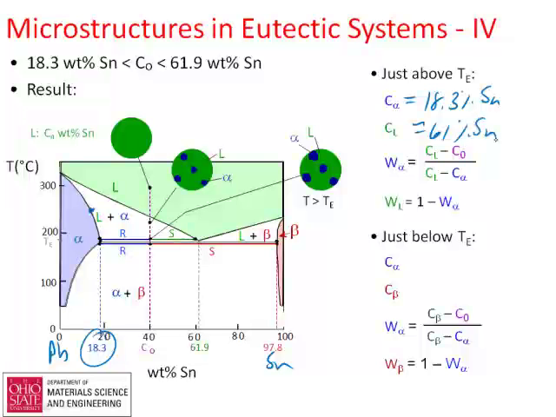And then the weight percent alpha is going to be R over S, and that's a little closer to eutectic, so you're going to have a little bit more liquid than solid. Again, it's going to be R over R plus S, and that's going to end up giving you something of